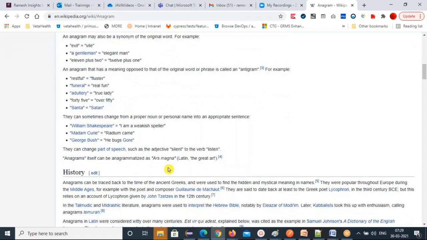You can check whether both are anagrams or not. So that I'll explain tomorrow. So how to do this? For this, there are some algorithm steps you need to follow, and easily we can do that. And we are using the Arrays class, and those methods we are using for sorting and all those things.